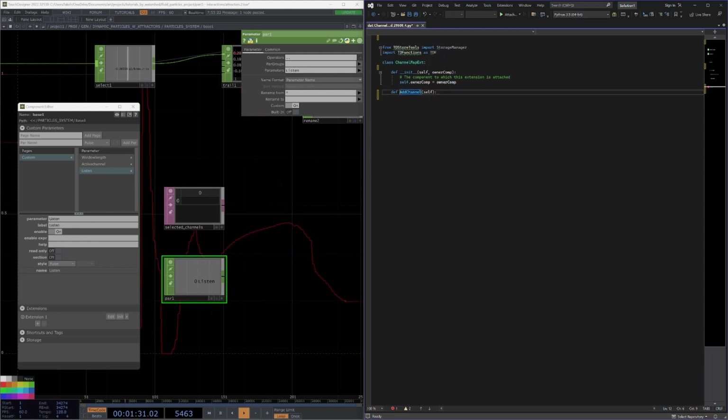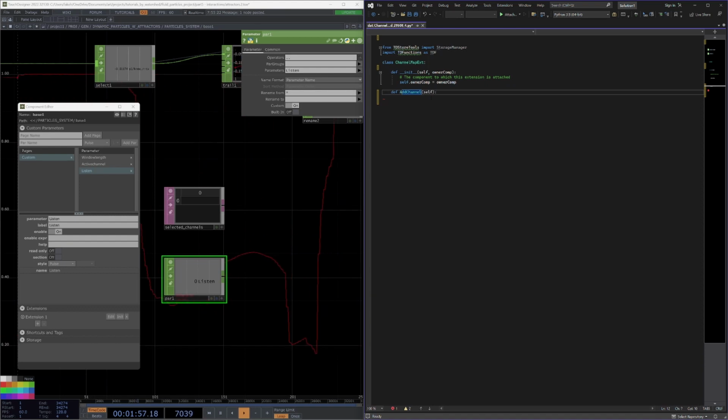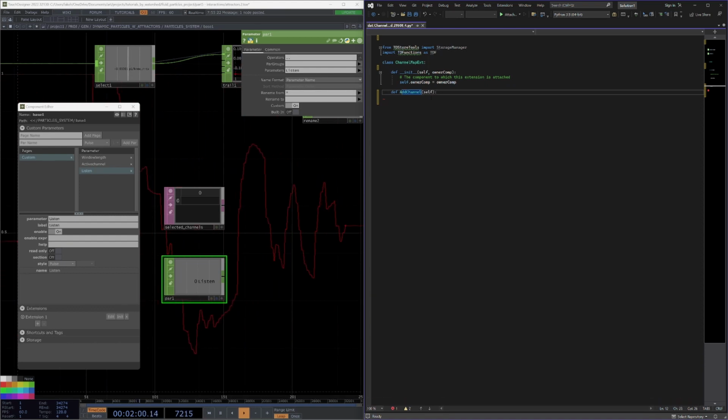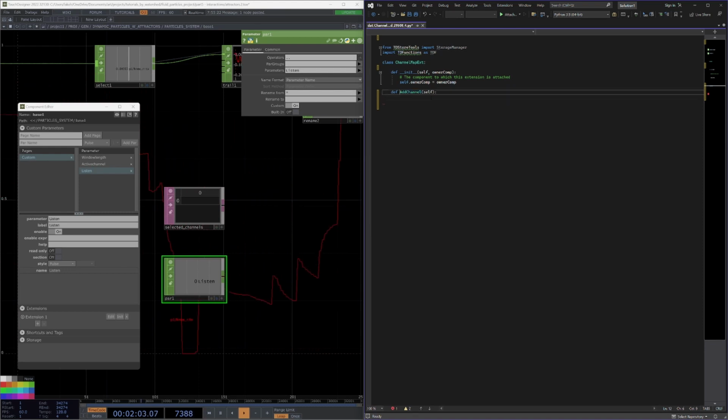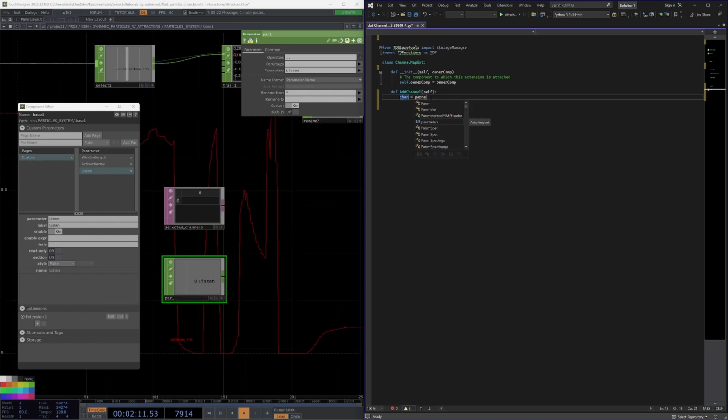Now, it's important when working with extensions that if you want your functions to be callable regardless of where you are in your project, then you want to start with a capital letter so that these functions are going to be promoted. If they start with a lowercase letter, then these methods are going to be treated as private, and so you won't be able to access them from outside the component, which is not generally what we want. So I normally have promoted functions that start with a capital letter. Add channel, and then to add this channel, we will say our channel will be equal to